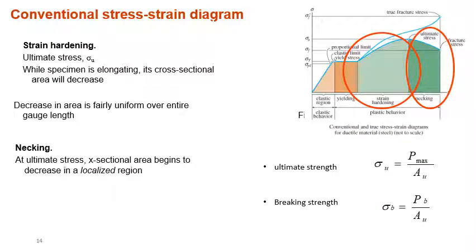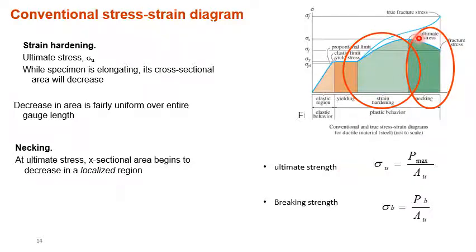As we move on, as I said, there will be more resistance due to the rearrangement of the atoms, or the dislocations. Because of that, the load bearing capacity of the material starts increasing. Once we move on, there is a maximum load the material takes up, which is the ultimate strength. Ultimate strength sigma u is P max divided by A naught, the original area. P max is the maximum load a material can withstand; ultimate strength is the maximum stress a material can show for an applied load.